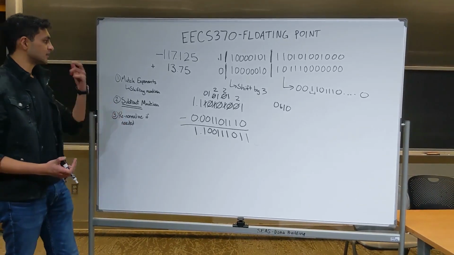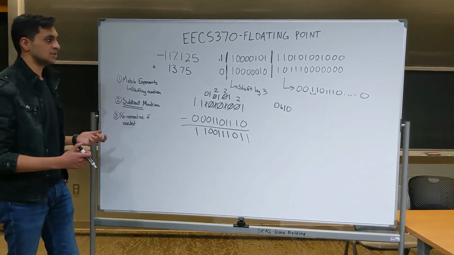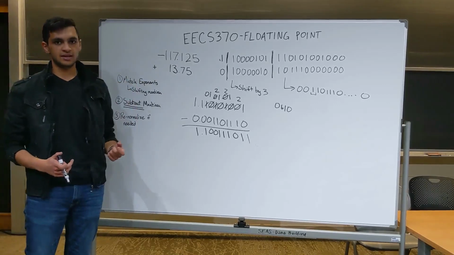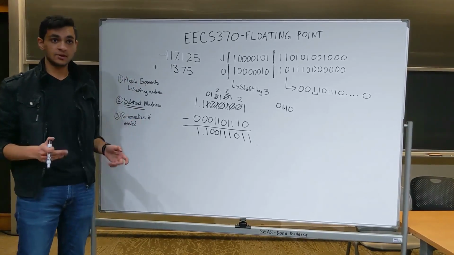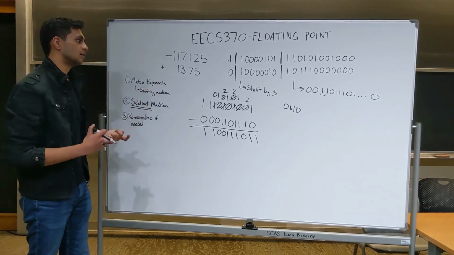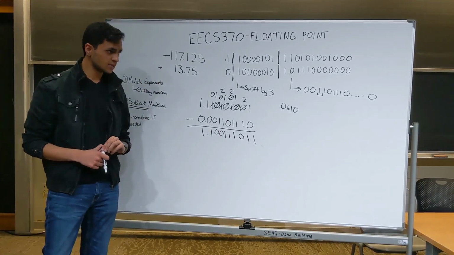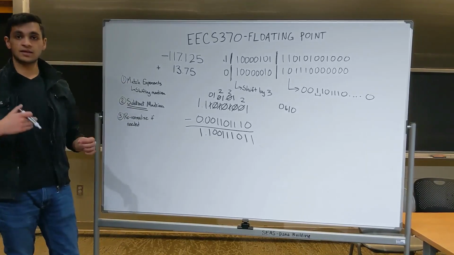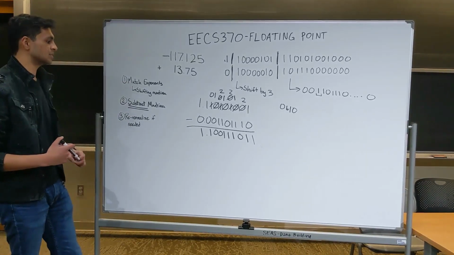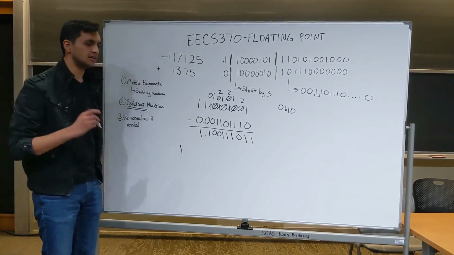But the key thing to note is that when you are given a negative and a positive number, the first thing you need to do is figure out which one has the bigger absolute value, and then do that bigger value minus the other value. And then when it comes time to represent this in 32-bit binary, just make sure that the sign bit is set appropriately. So in this case, the sign bit would actually be set to 1 because it is a negative